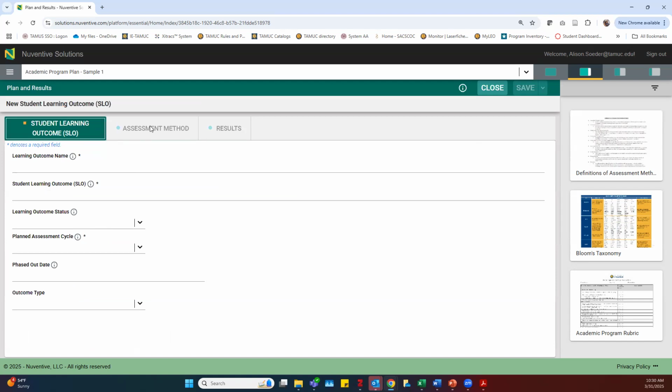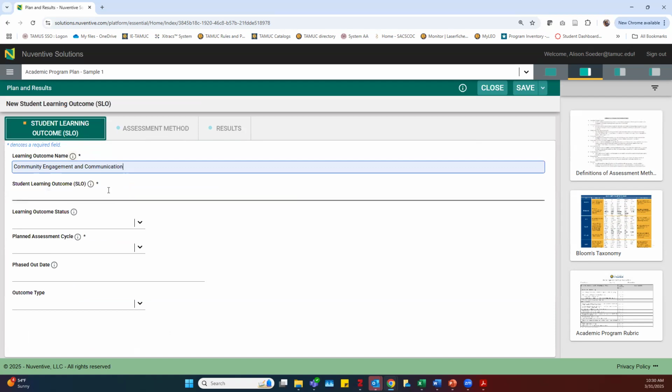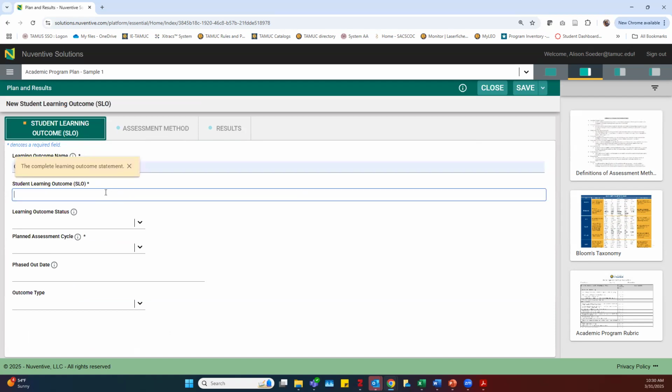Real quick, I want to draw your attention to the fact that if I try to navigate between these other cards right now, it won't let me because I don't actually have a learning outcome or goal to tie these to. So for our new learning outcome or goal, remember we want a short reference name here. Let's say that this is maybe community engagement and communication. For this longer explanation,